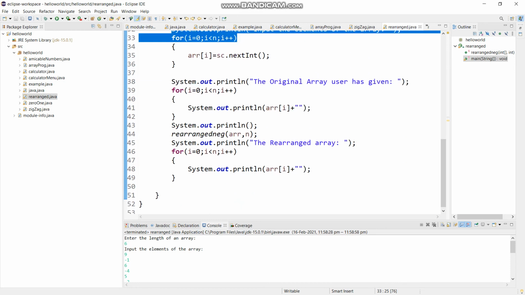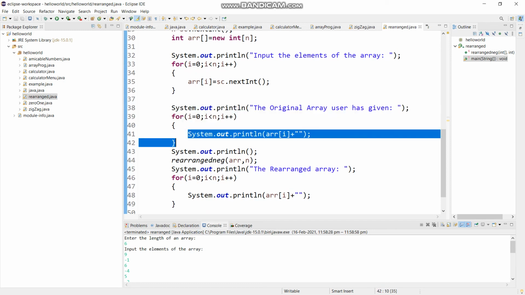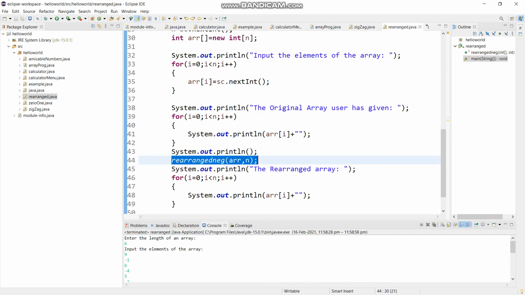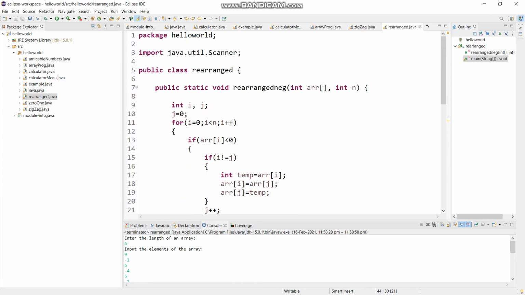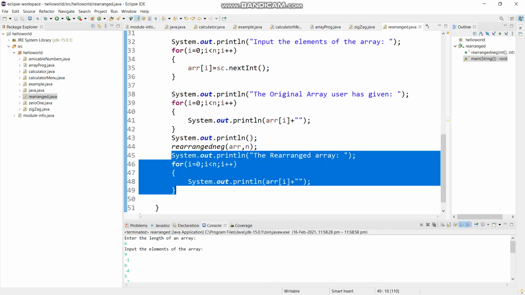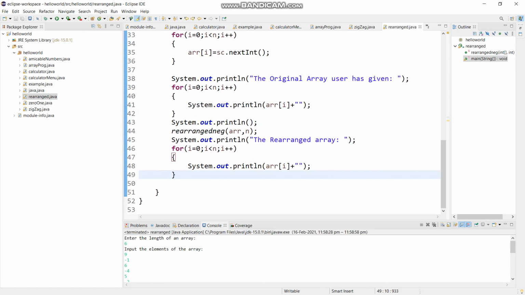So after that, we are showing the user that the original array was this, which was given by himself or herself. When you have shown the elements of the array to the users, then here we are going to add this rearranged neg, which is having two parameters, array itself and its size. So after this, it is simple, we just have to write the println method, which is the rearranged array is.